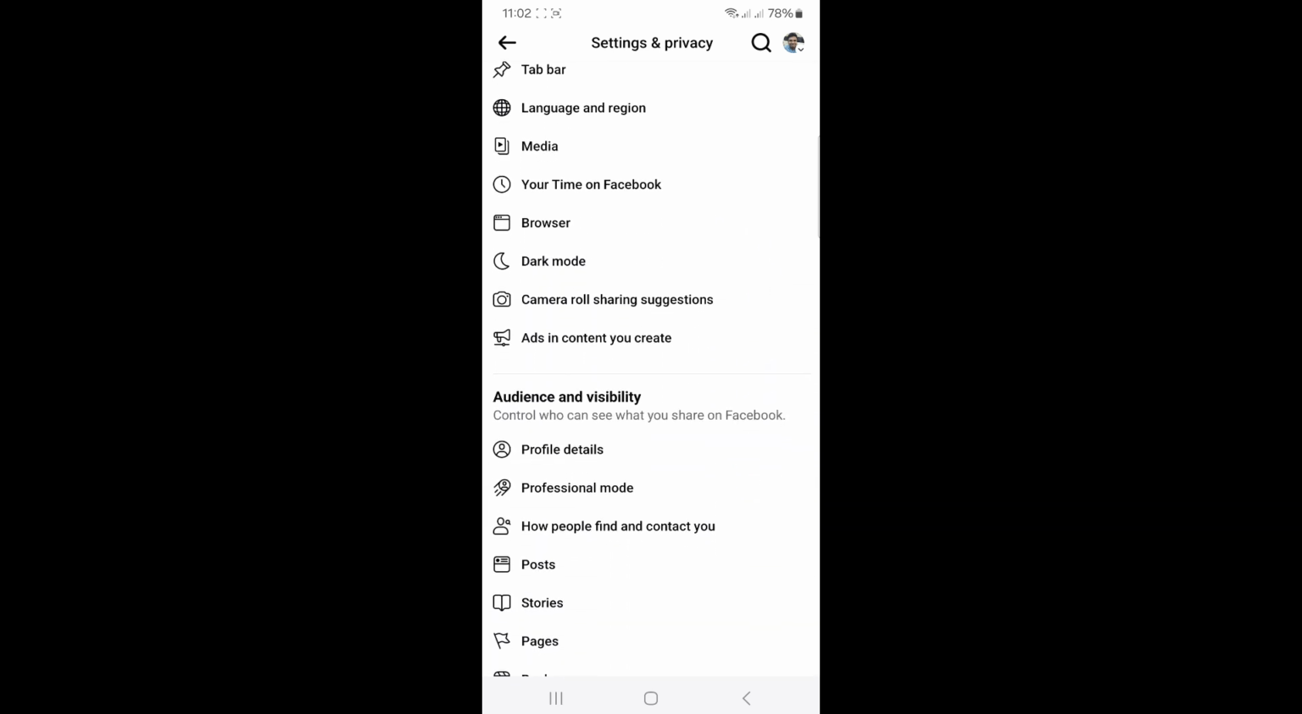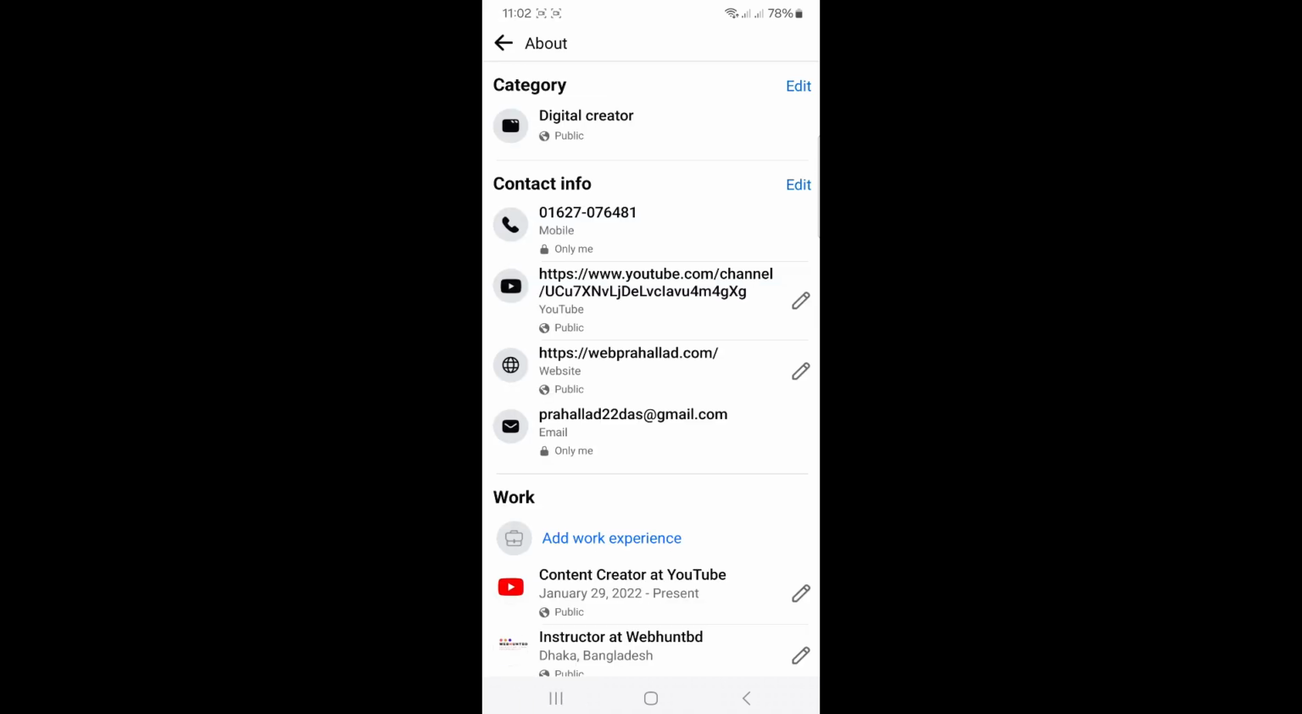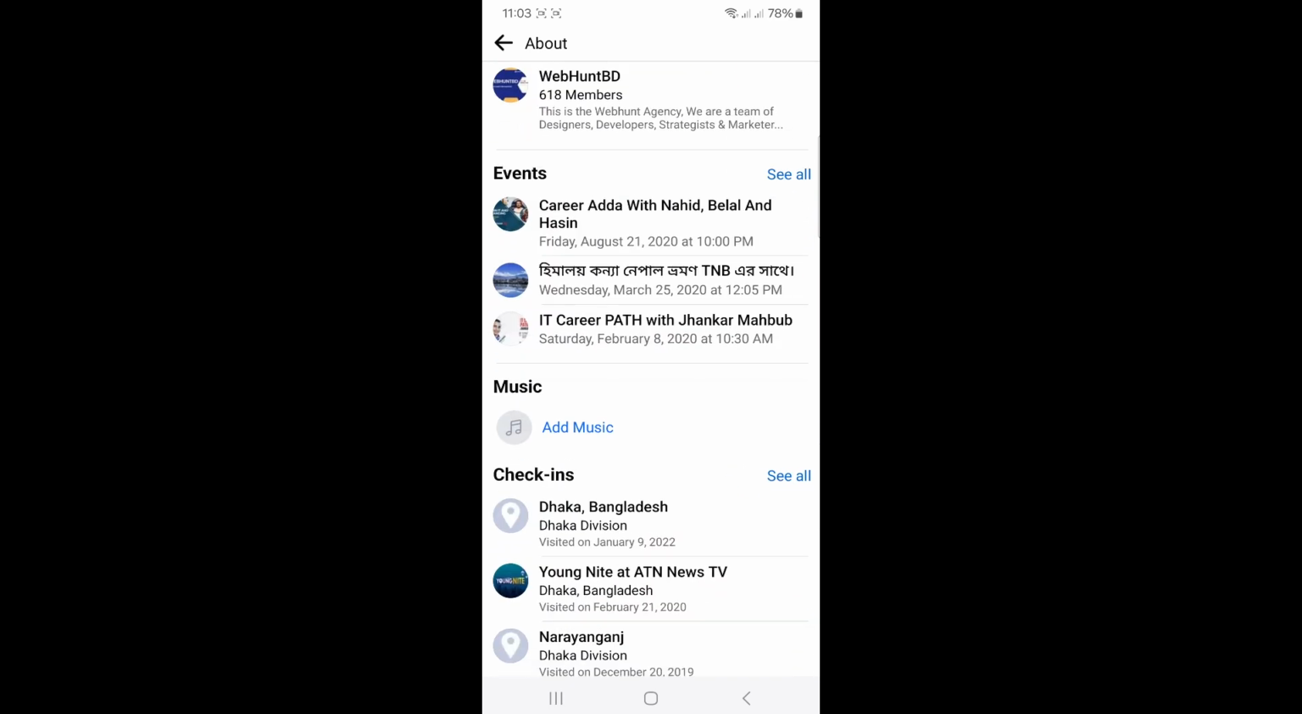Under audience and visibility, click on the profile details and then scroll down. Now you can see music. Let's click on add music